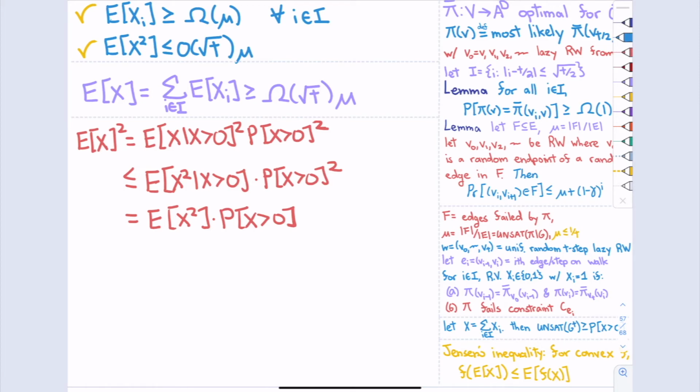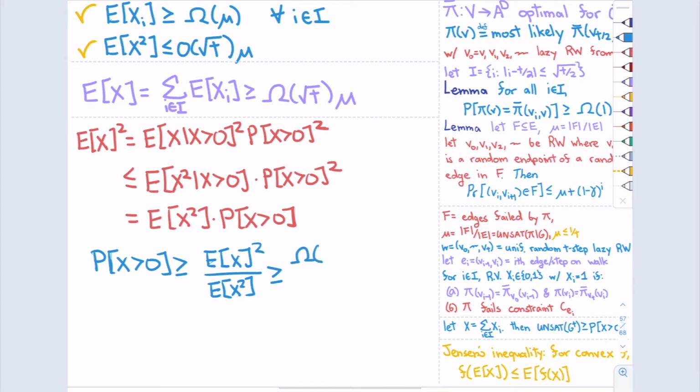Good. And now, rearranging, we get that the probability that x is greater than 0 is at least the expected value of x squared divided by the expected value of x squared. And this is going to be at least some t times mu squared divided by square root t times mu.